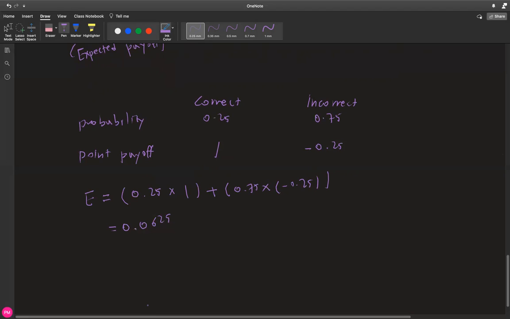Sure, it's not a huge amount of points that you're getting, but you're also not losing anything. So you can simply conclude that it's not a bad idea to go ahead and guess your answers if you don't know how to solve it.